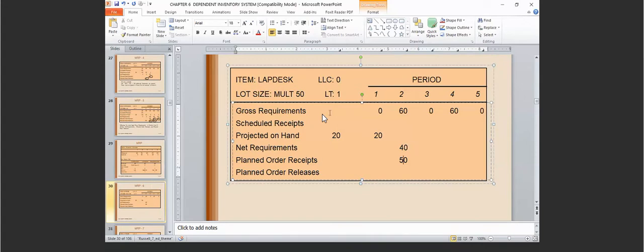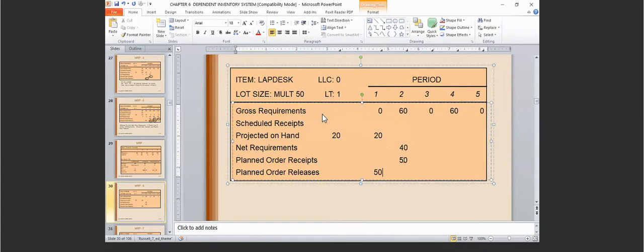The planned order release has a lead time of 1 period, so we go backward 1 period here. We have 50 units released in period 1 and received in period 2. So currently for period 2,